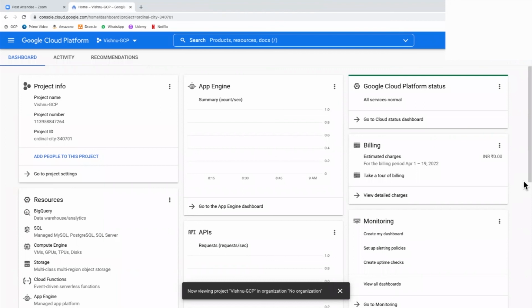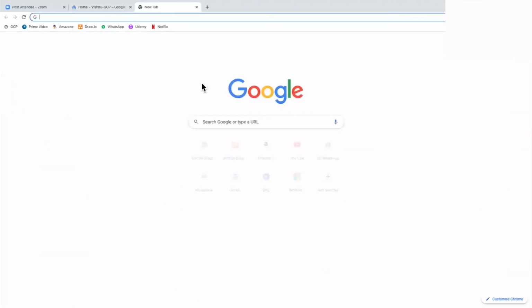All right. So, okay, let's finish this. So this is the free trial. This is a Google Cloud account. If you create an account, this is how it looks after logging in. It will take you to the home page, something like this. So here, how to create the free trial account, let me explain.